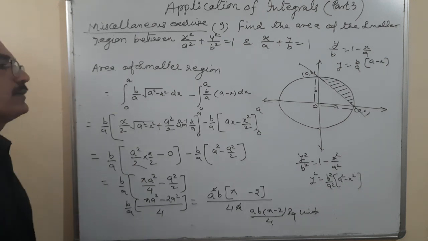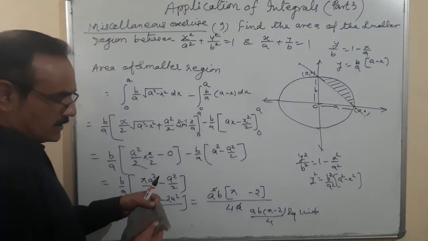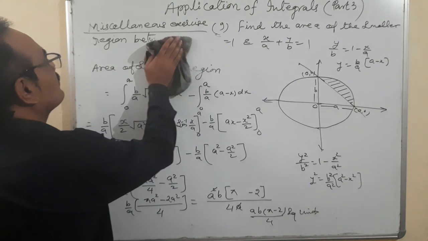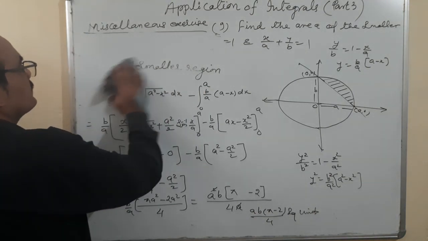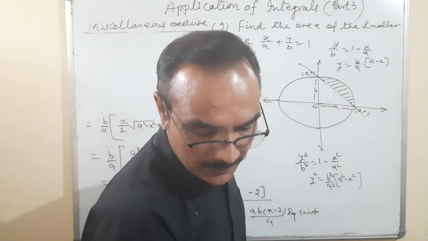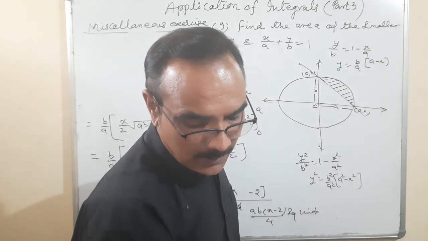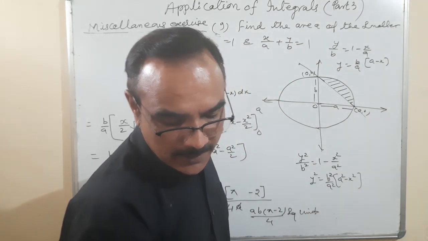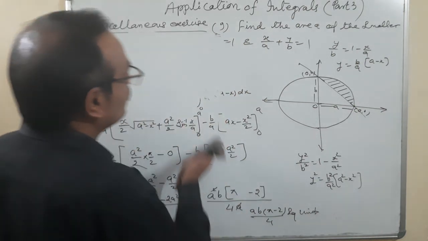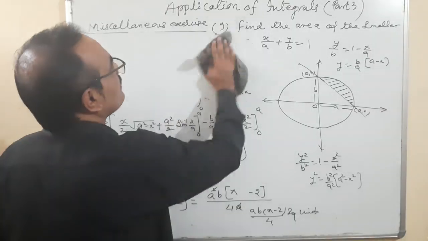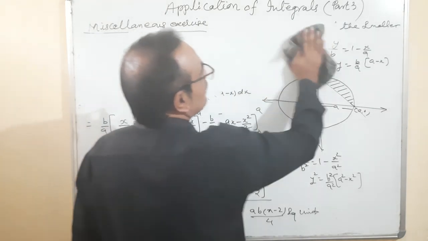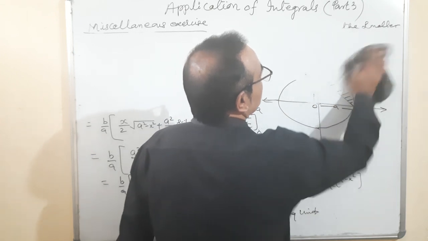Right? So that is question number 9. Now one very important question I am taking, and we are going to discuss this question. That is the number 11 question. Using the method of integration, find the area bounded by the curve mod x plus mod y is equal to 1. You find the area using the integration method.